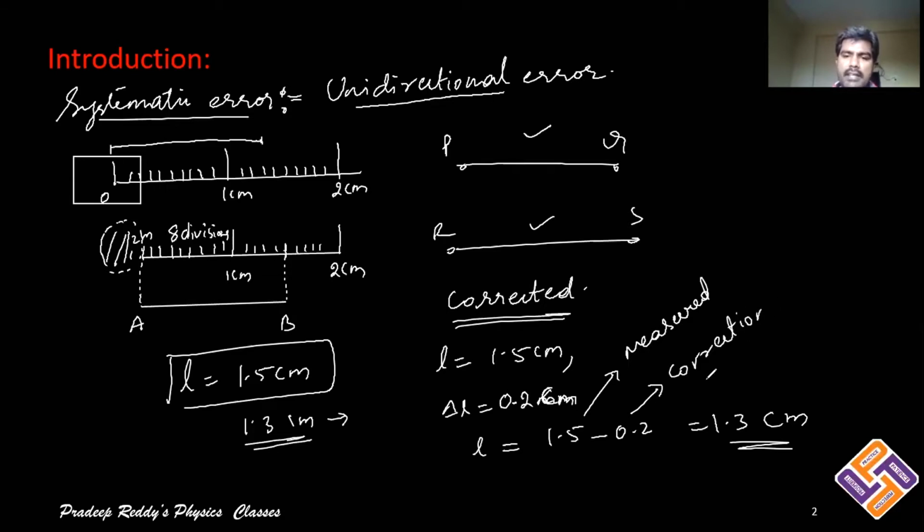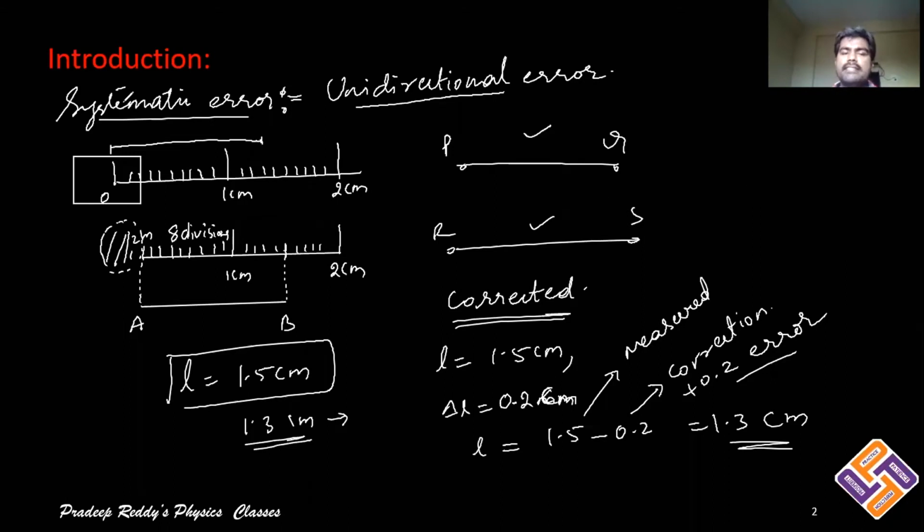Then what is the error? Error is plus 0.2, that is the error. Why am I taking plus 0.2 as the error? Because of this broken scale, an additional 0.2 millimeter is added to the measurement. Therefore, the error is positive. And in order to correct that, I am subtracting this broken 2 millimeter, so that you are doing the correction. Therefore, error can be positive or error can be negative. Sometimes it can be negative also.